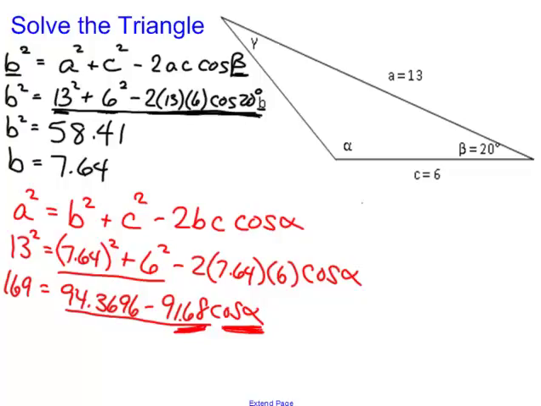Just like if we had 2 minus 3x, I know that I have to do 3 times x before I can do 2 minus 3. We wouldn't subtract the 2 and 3 there, so let's make sure we don't subtract those numbers in this one either, okay? We still want to solve for alpha. So the first thing I would need to do is subtract the 94.3696. We would end up then with